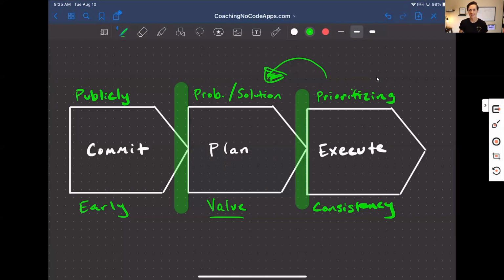If you don't have consistency, what's going to happen, and I've seen this happen many times before, is you're going to come into your app and you're going to forget everything you did a week or 2 weeks before, and then you're going to spend the next hour, 2, 3 hours refreshing yourself on what you did. And by the time those 2 or 3 hours are up, well, you don't have any more time, and now you have to come back in next week. It's not very efficient. It's not very effective. You're not going to launch your app that way. So you need consistency for your own sake, just to remember what you've done in the app so you can keep building on it versus taking 1 step forward, 2 steps back throughout your entire development.